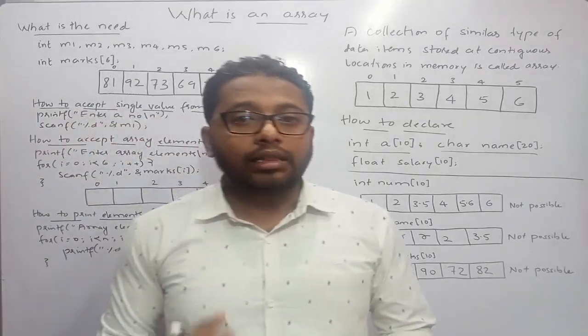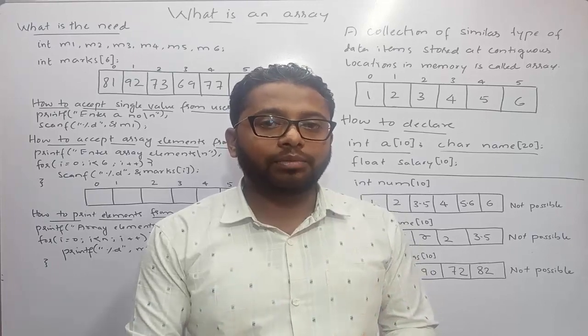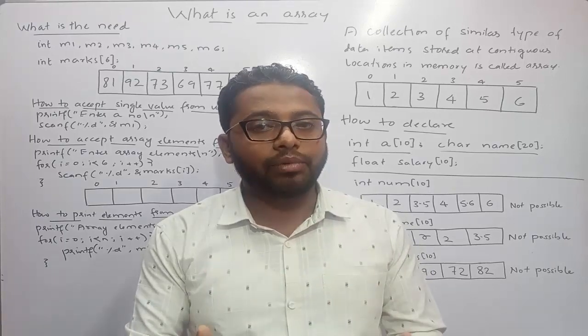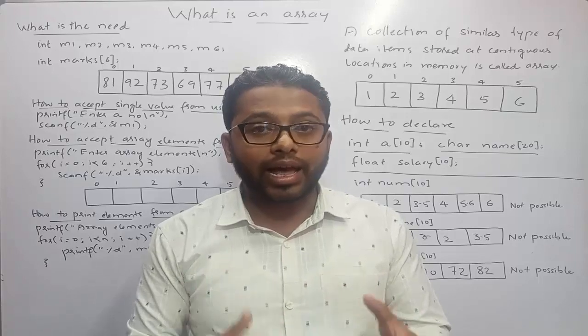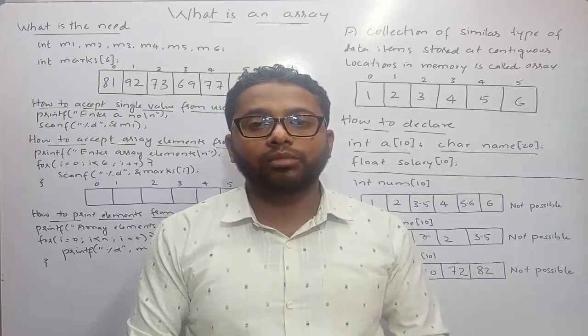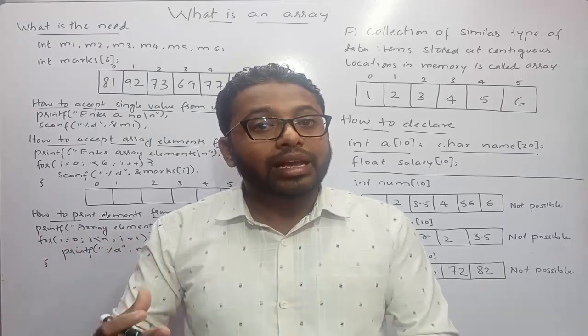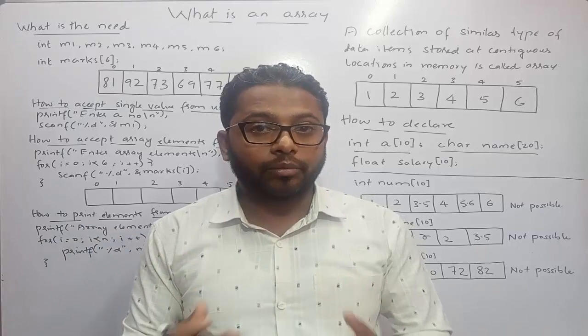Now in the case of arrays, as I have already told you, when we want to accept multiple values of the same type, at that time you can go for arrays. So how can we take those multiple values one by one from the user at the time of execution and store those different values in an array variable? Suppose